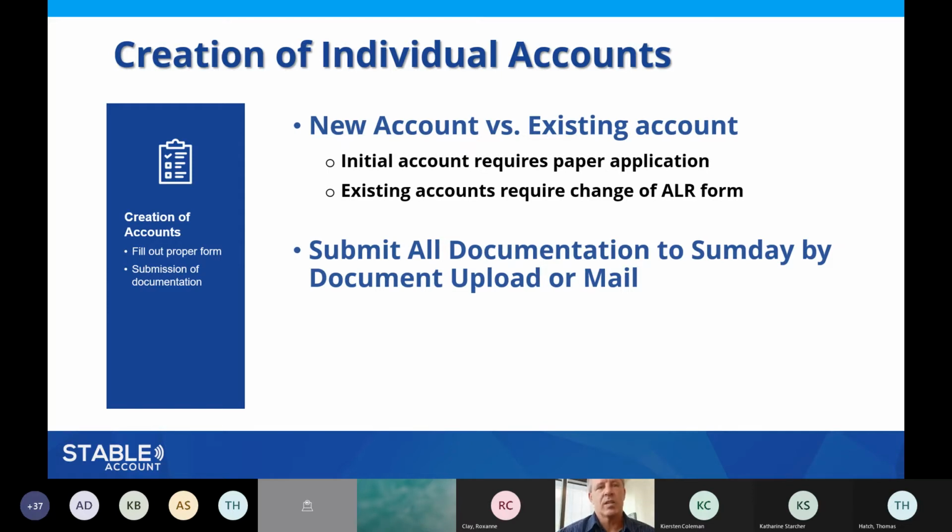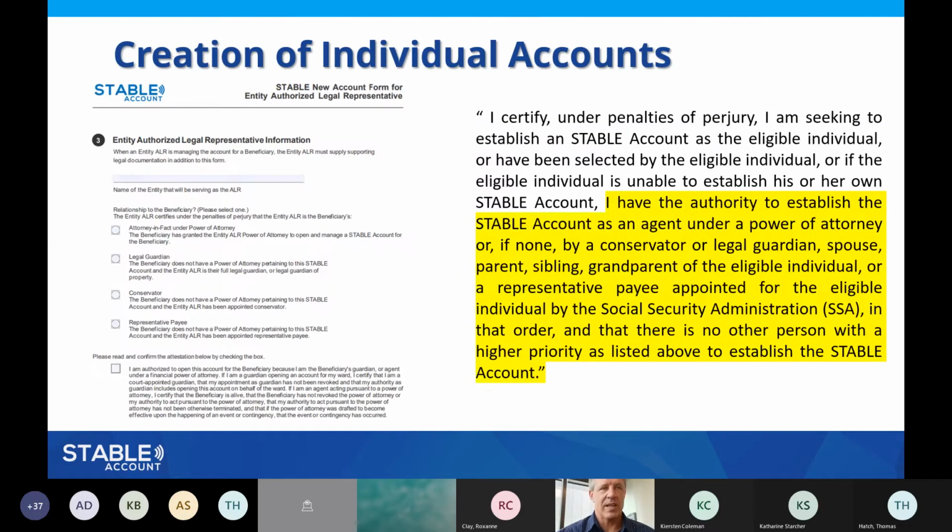One thing that I really wanted to talk about with this application. So we had already pointed out earlier where to get that paper form from. But there's going to be one real key point that I want to make about filling out that form that Roxanne alluded to in her initial comments. And I've outlined that here.